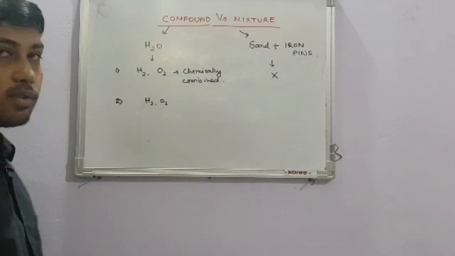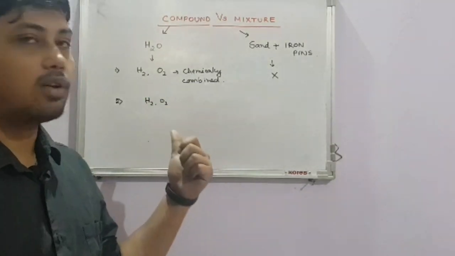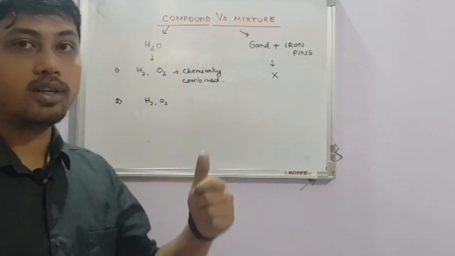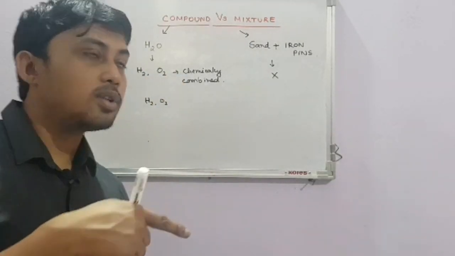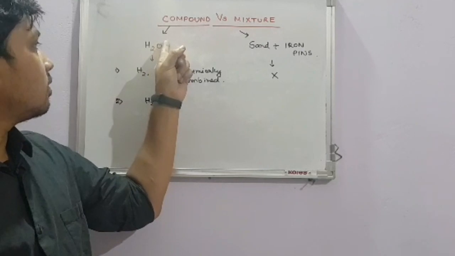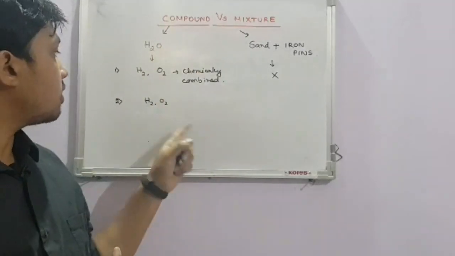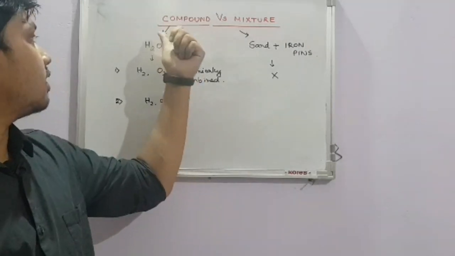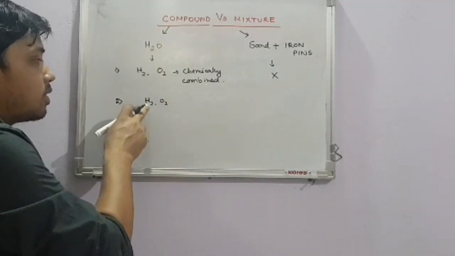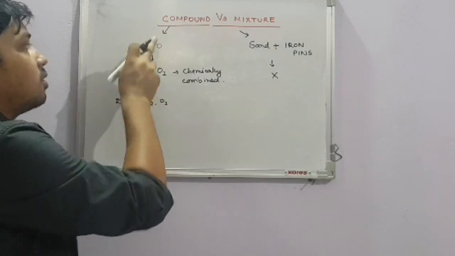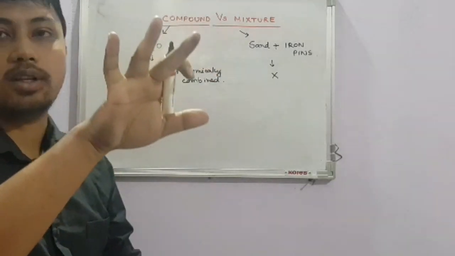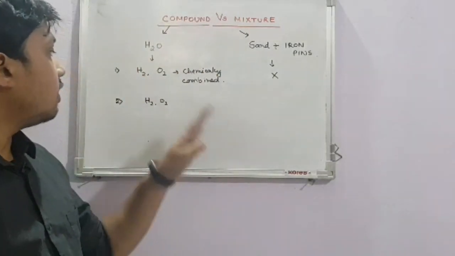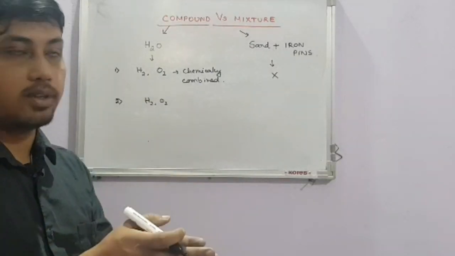Second, water consists of hydrogen and oxygen. What is hydrogen and what is oxygen? Hydrogen is a gas, oxygen is a gas. What is water? Water is a liquid. So if I ask you, does water consist of the properties of hydrogen and oxygen? No. Hydrogen is a gas, oxygen is a gas, water is a liquid. The properties of hydrogen and oxygen are absent in water. Water has a different set of properties, completely different, right? So the individuals lose their characteristics.